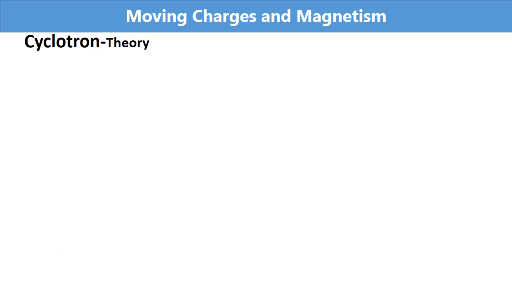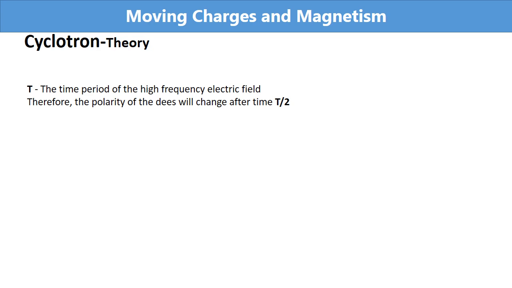Next is time period. Here, T is the time period of the high frequency electric field. That means if in the beginning D2 is negative, after time T, the polarity of D2 will be negative again. Or we can say the polarity of the Ds will change after time T by 2. When the Ds are changing the polarity, the particle will be completing a semicircle inside the D. So we can say the time taken by the particle to describe a semicircle will be equal to T by